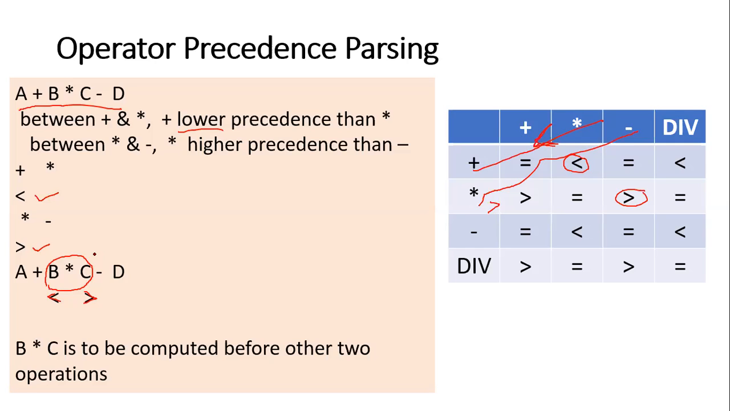Okay, this is just for your information. When you are reading your fourth unit, you just look at this also. Okay, sometimes you may get this for 4 marks, like how operator precedence parsing works. You have to write one simple